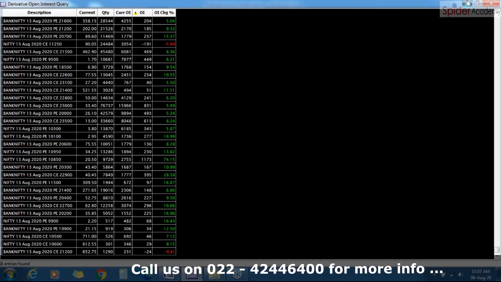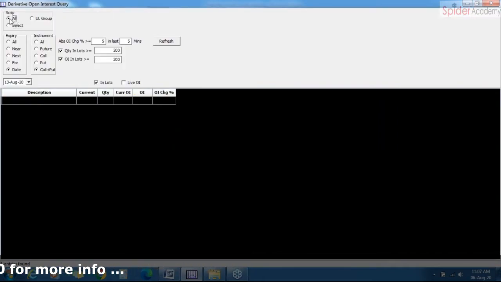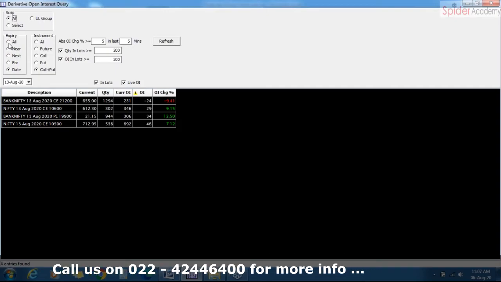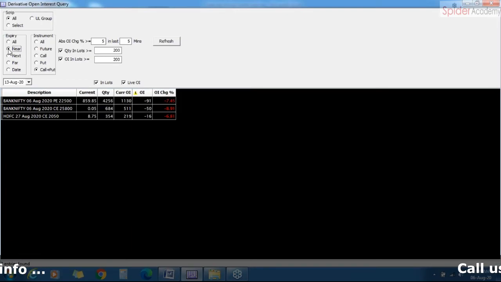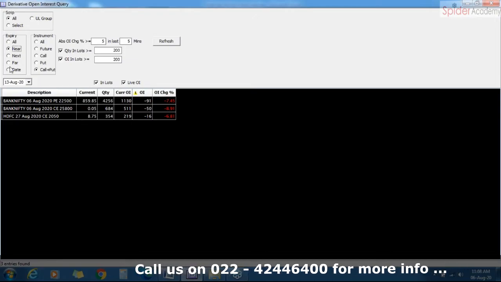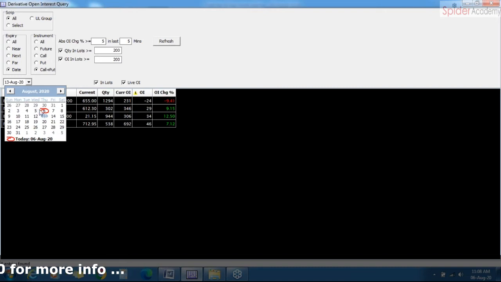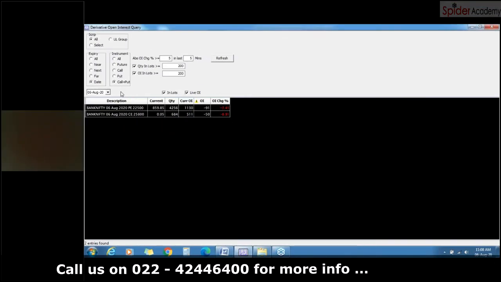Here we have some filters. First option, as we can see, we can select the group. For example, if I select all, we can see I have selected all the strike prices over here. You can mention the expiries, whichever expiry you want. Let's say you want a Niyaman expiry, you can select Niyaman. For example, I want a particular weekly expiry, as we trade in Nifty and Bank Nifty. We can mention the date over here, and on the drop down arrow the dates are mentioned. I can select the particular expiry. For example, I am selecting the 6th of August, and then in live market we will get the shortlisted